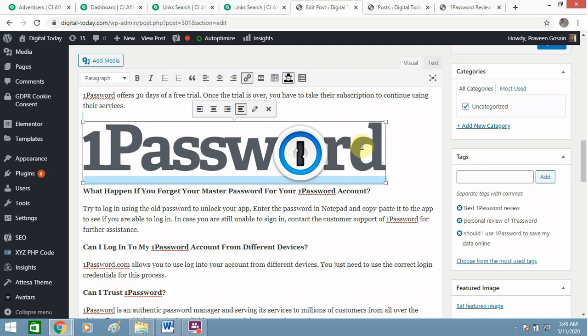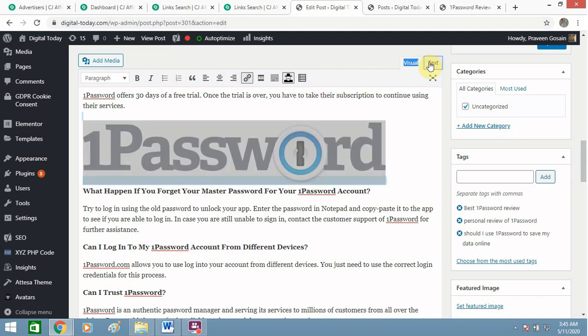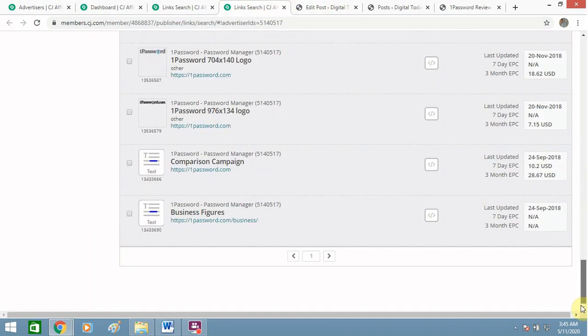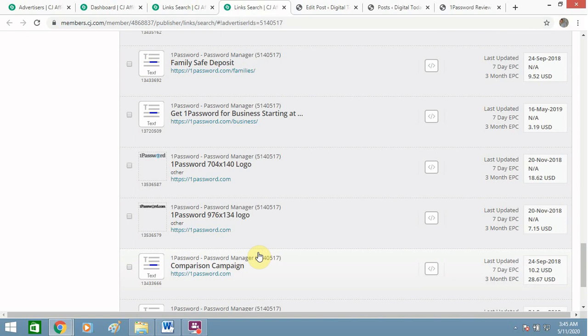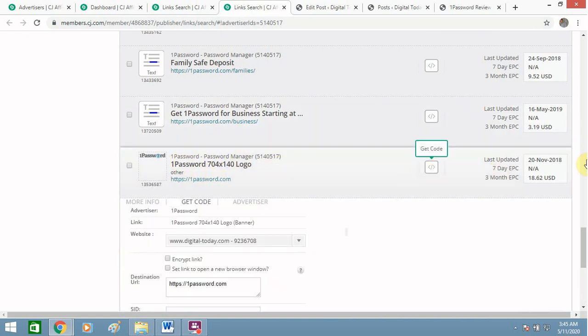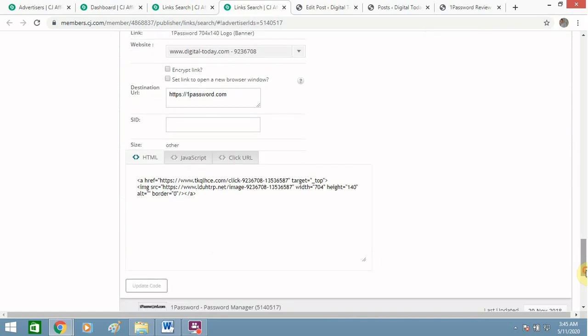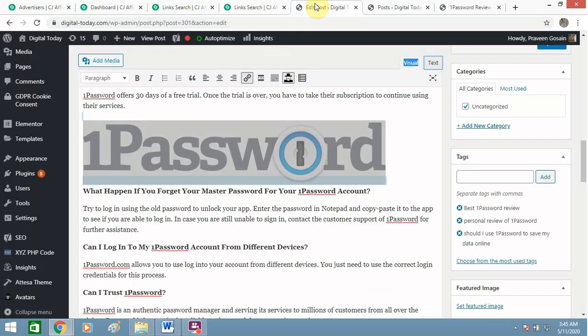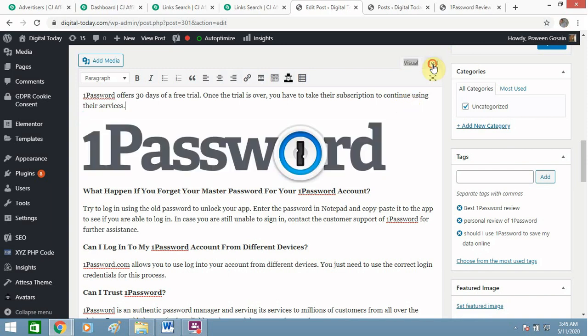Similarly with this one, I took the code from here and pasted it in that place only. This one, I got the code from here. This is the HTML code, not Java code, and make sure that you get only HTML codes, not Java ones.